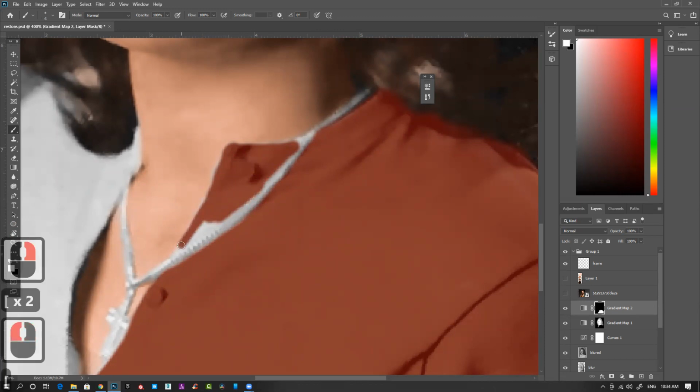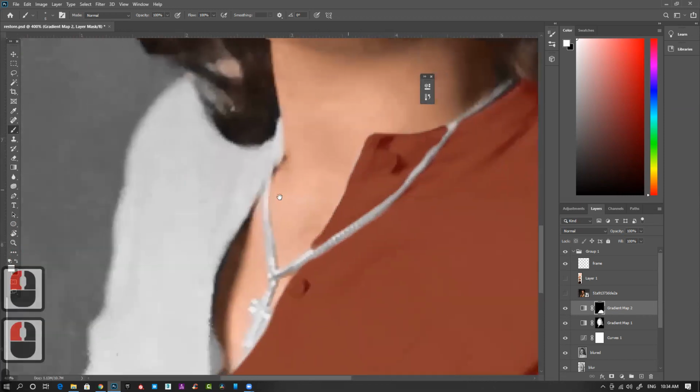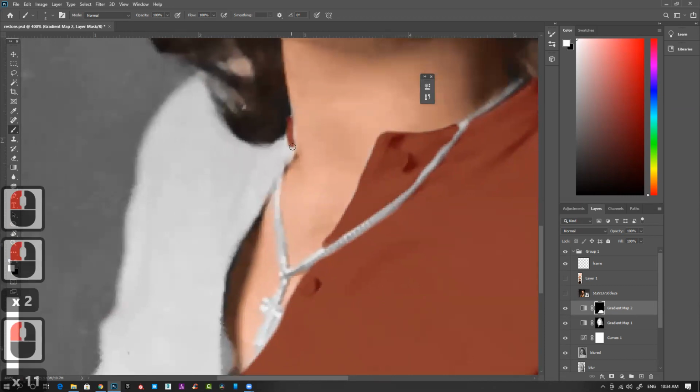Paint it really nicely. Cover all those gray areas.